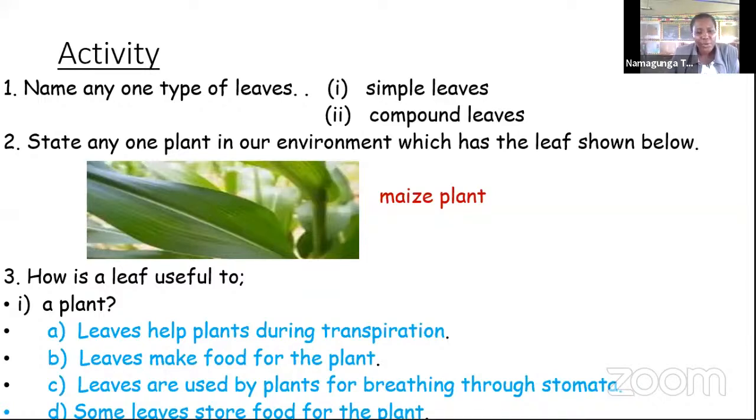So, here we have leaves are used by plants for breathing. Plants breathe in carbon dioxide. A question comes. If plants breathe in carbon dioxide, which gas